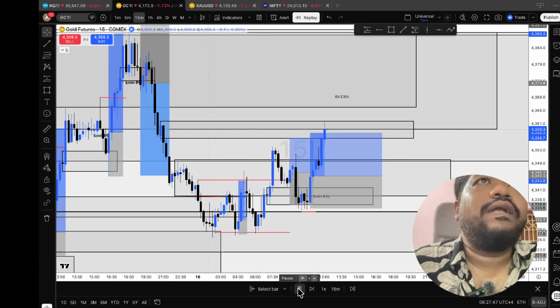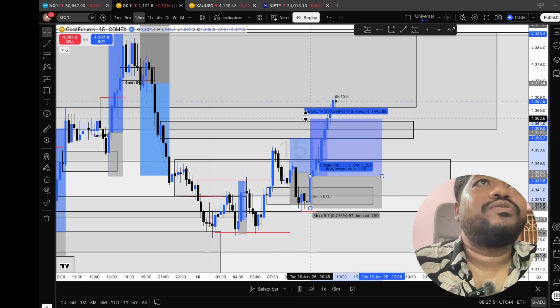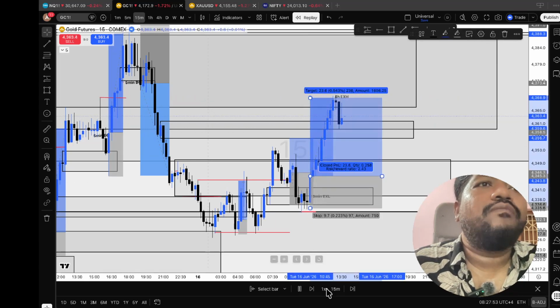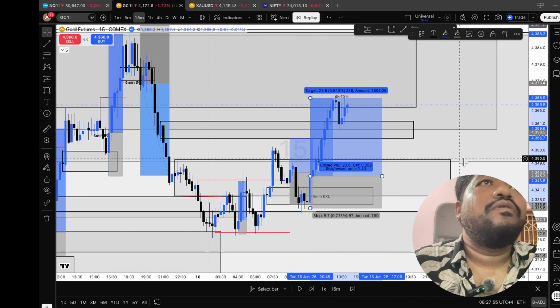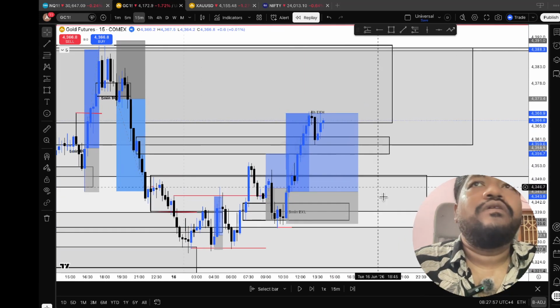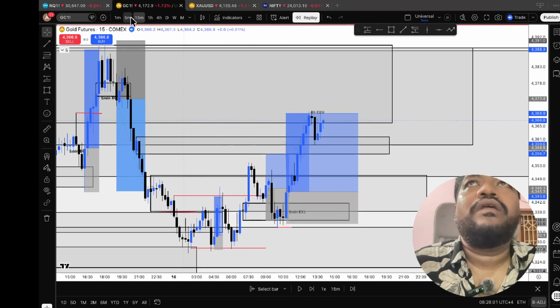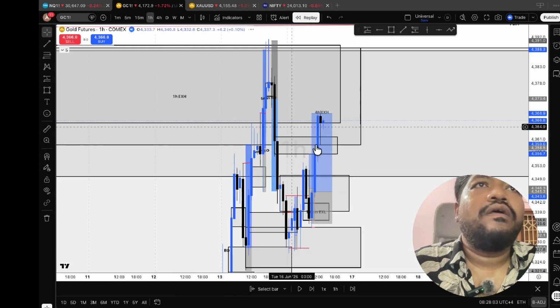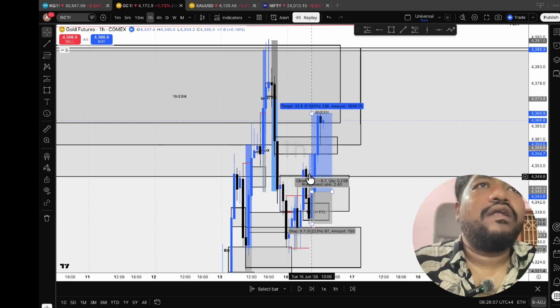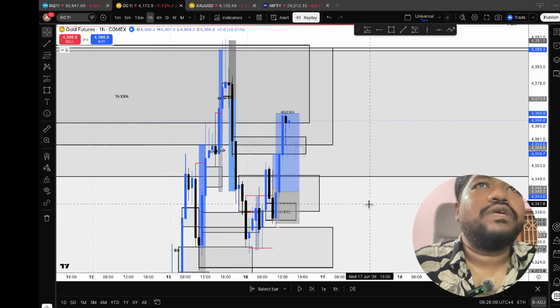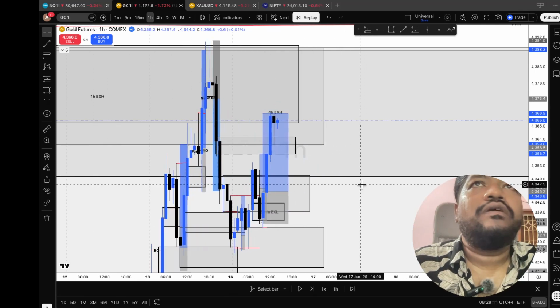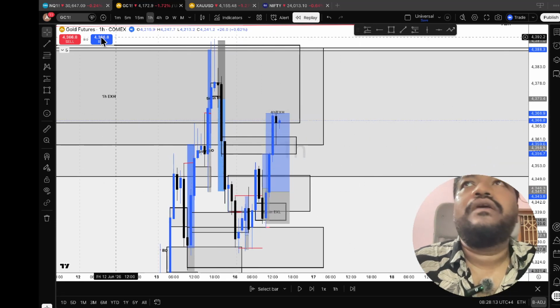So my TP was taken. Great. So now I can also go up to this level, this one. Perfect. So now let's see this. Okay, so 15 minute high was broken. I am in 1 hour, right? This is my 1 hour engulfing. You can see that there is no bearish engulfing which can form. So obviously the take profit level should be my